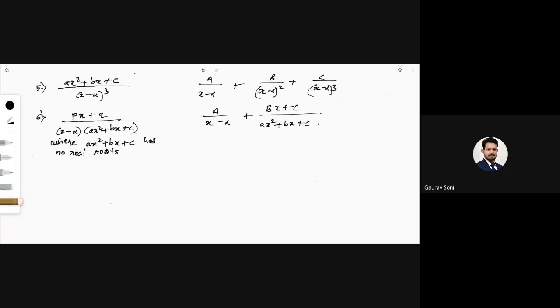Now I just want the students to raise your hand who has their scientific calculator with them. If you have your scientific calculator with you right now, please raise your hand. As I've said in the previous lecture, keep it with you. Okay. Only 4 to 5 students are there.